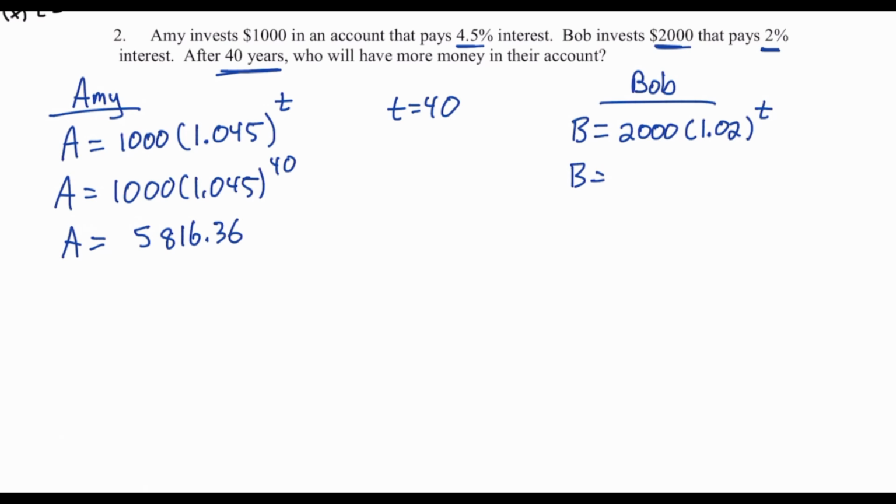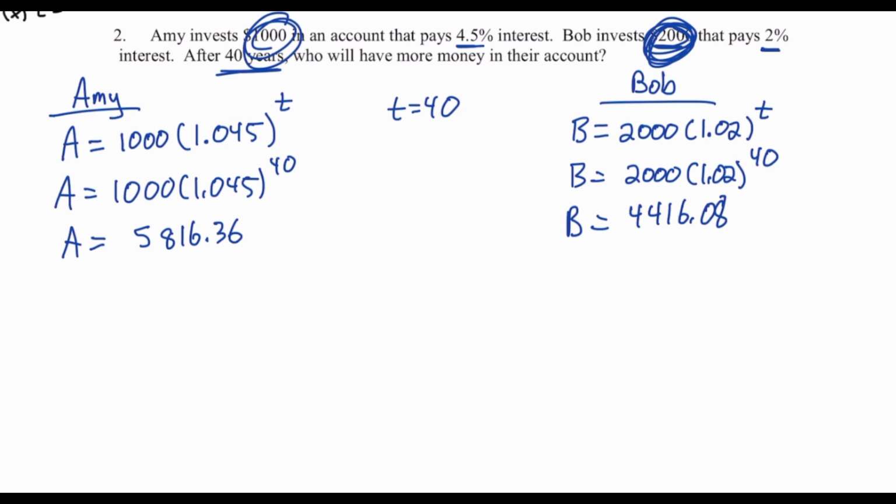Bob is going to have 2,000 times 1.02 to the power of 40. So let's calculate: 2,000 times 1.02 to the power of 40. And Bob is going to have $4,416.08. So even though Bob started with more money to begin with, 2,000 versus 1,000, the growth rate, the interest